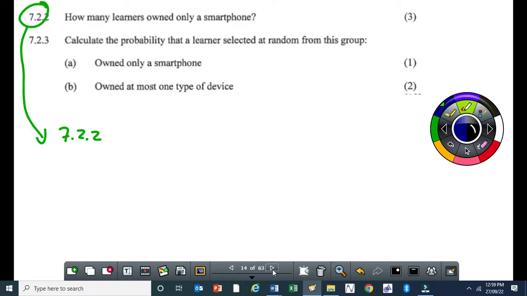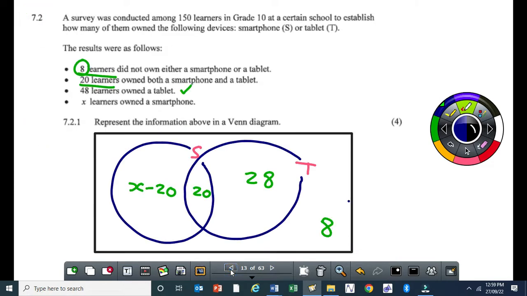So we can have 150 will be equal to this X minus 20 who have a smartphone only, plus those who have got a smartphone and a tablet, plus those who have got a tablet only, plus those who don't have any of the two